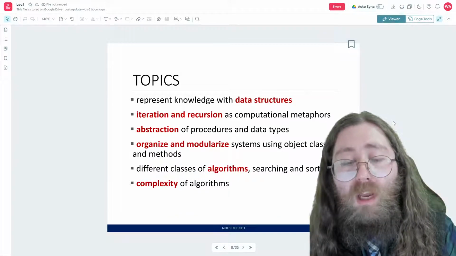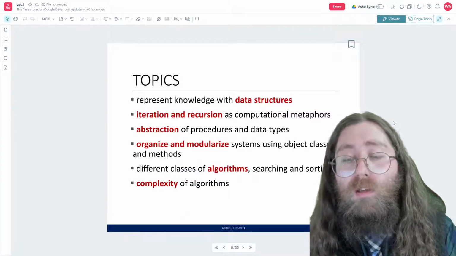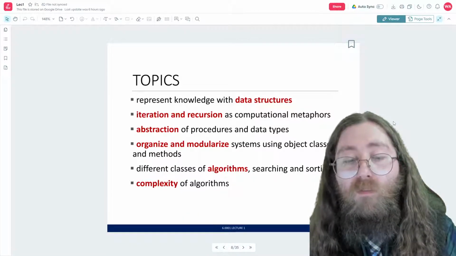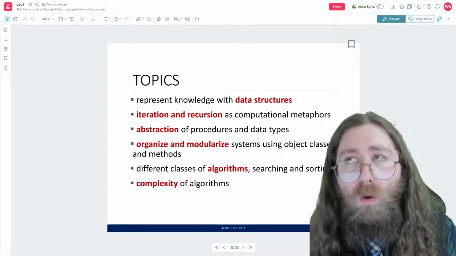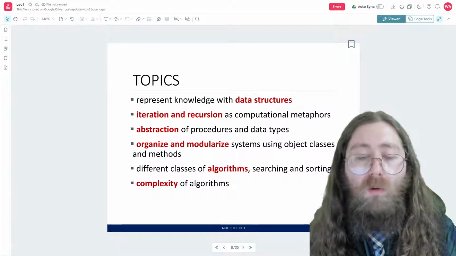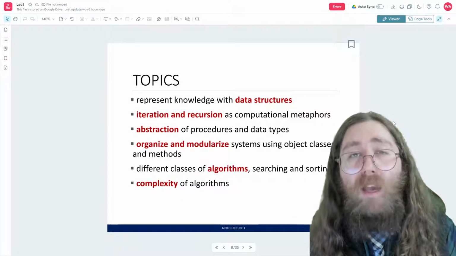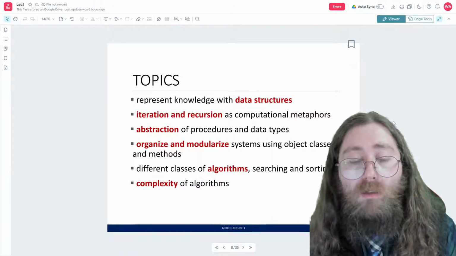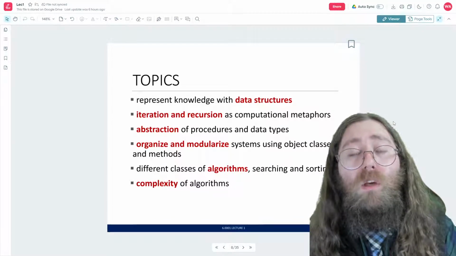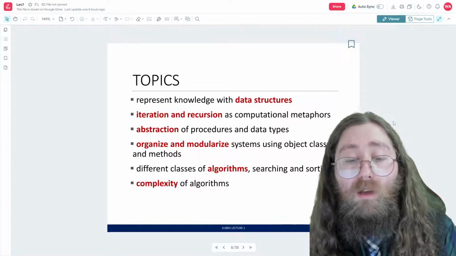We're going to learn about iteration and recursion as computational metaphors. Iteration and recursion are really important structures in programming that we can use to do massive amounts of work in a very short amount of time. So we're going to master those so that we can confidently design those structures.